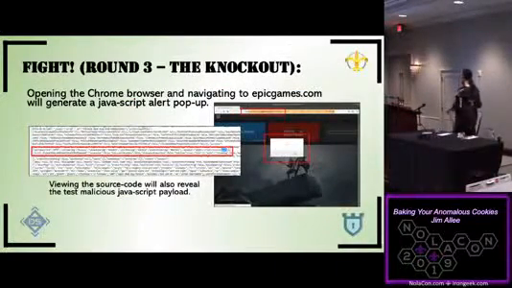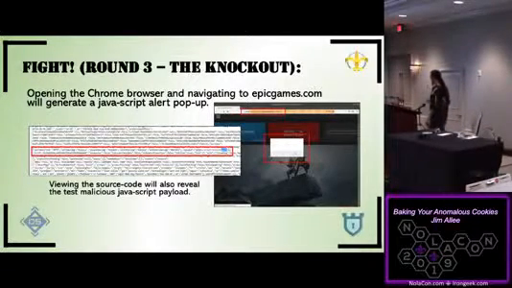So when the user opens their browser and goes to epicgames.com, they get that. You can validate it through the source code as well, what the payload looks like and how it breaks the view. From there, you can write a more proper payload then to do the session stealing or the BeEF hooking.